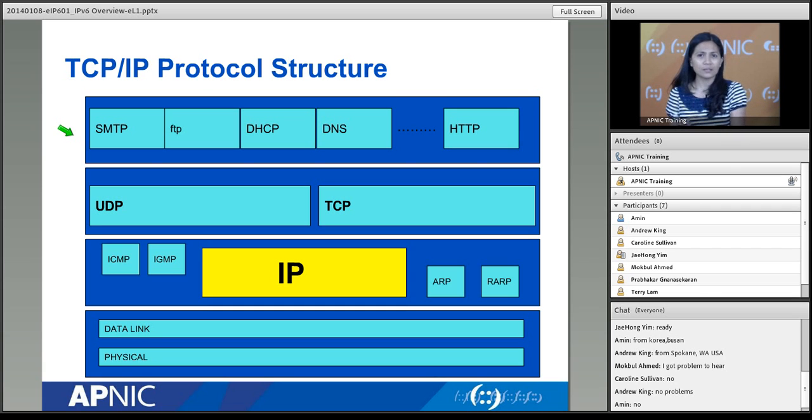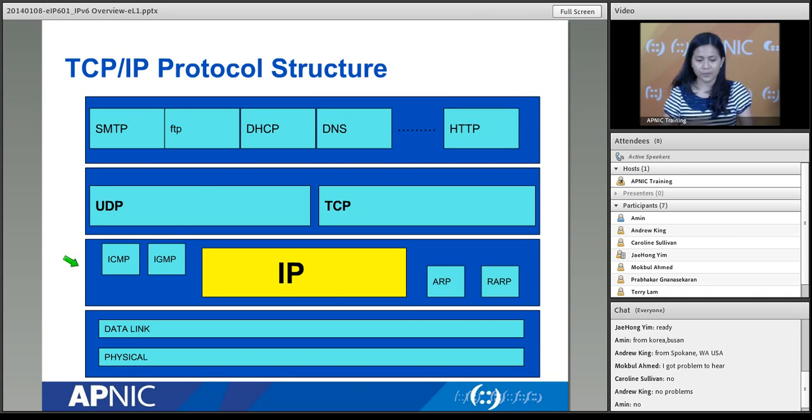In DHCP, you have DHCPv4 now and DHCPv6. In DNS, the latest versions of the DNS software that are available right now already have support for the Quad A record, which is the record that maps a domain name to an IPv6 address. But again, largely the changes will occur in here.